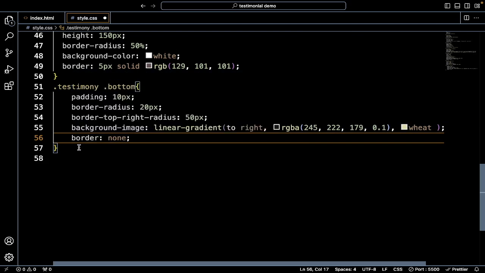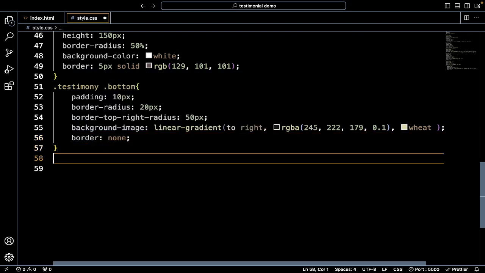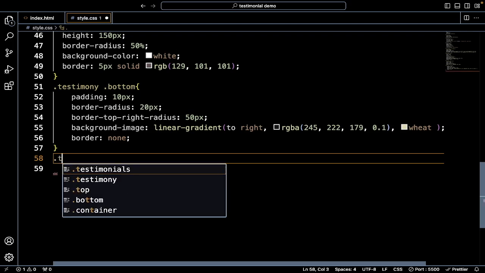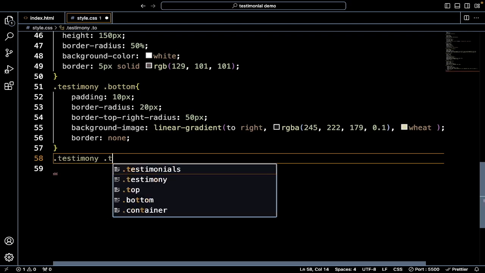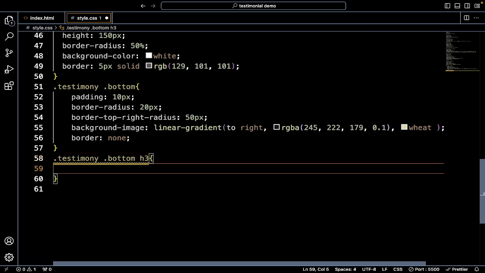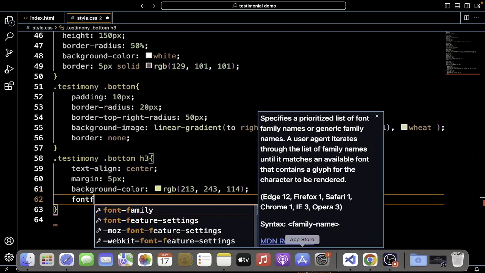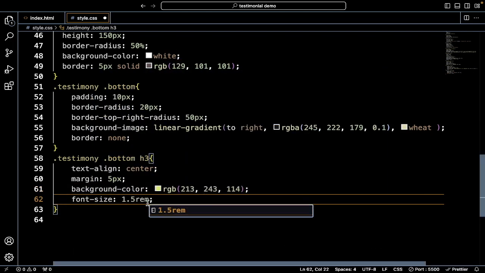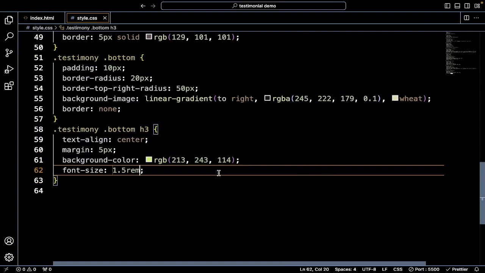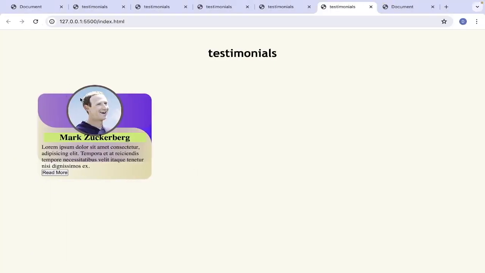So now let's start the H3 in the bottom div, which is the name. So testimony, select bottom, and H3. We'll align the text to center. Give it a margin of 5 pixels and the background color to this RGB color code. And we increase the font size to 1.5 rem. Now when I save this, you can see we have this, and it seems everything is overflowing the main container